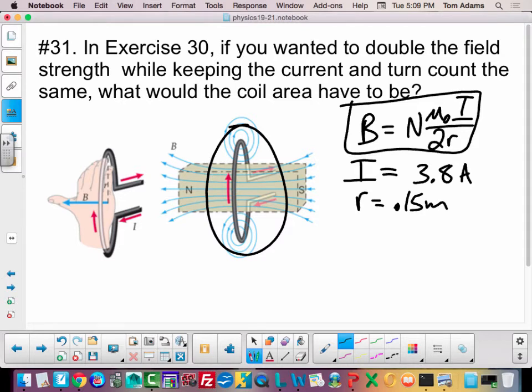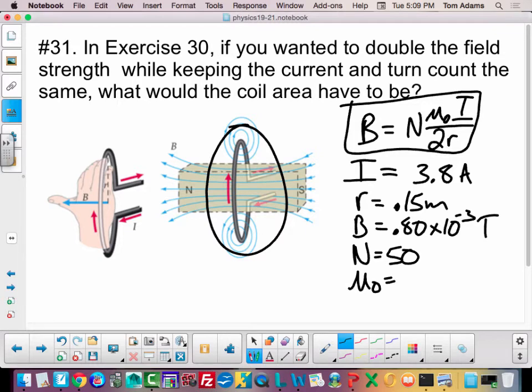The magnetic field that was given to you was 0.8 times 10 to the negative 3 Tesla. I know that's a weird way to write it, but that's how it was. The number of loops was 50, and then